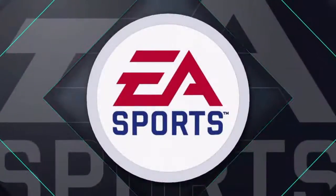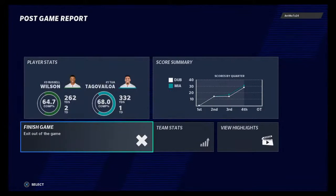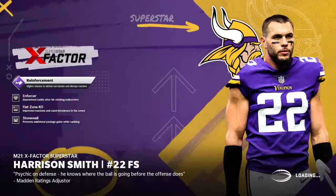So for Miami, they fall a game under 500 now at 3 up and 4 down. And they'll get another home date next week as the Raiders will come to town. Meanwhile, for the Dump,